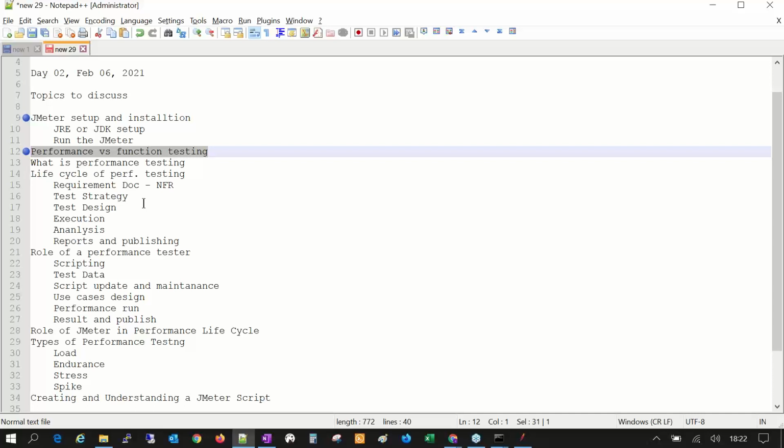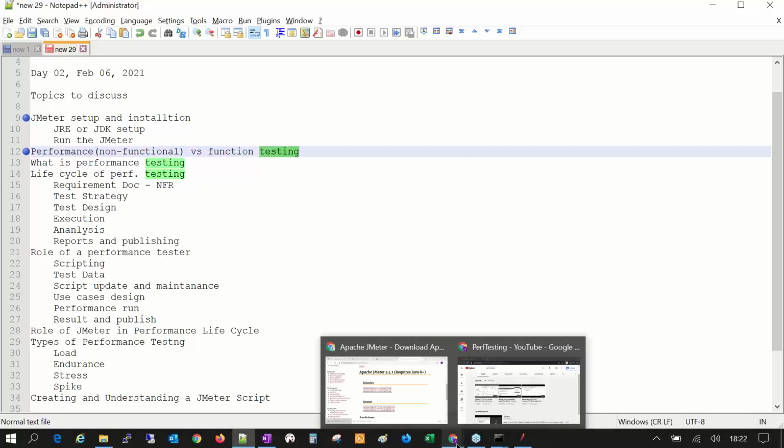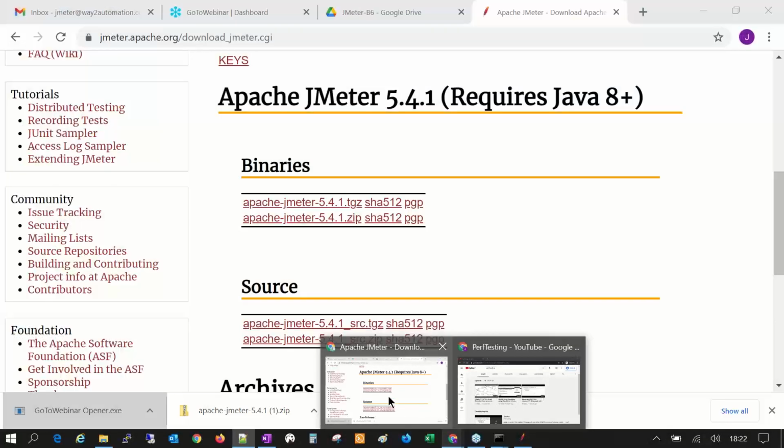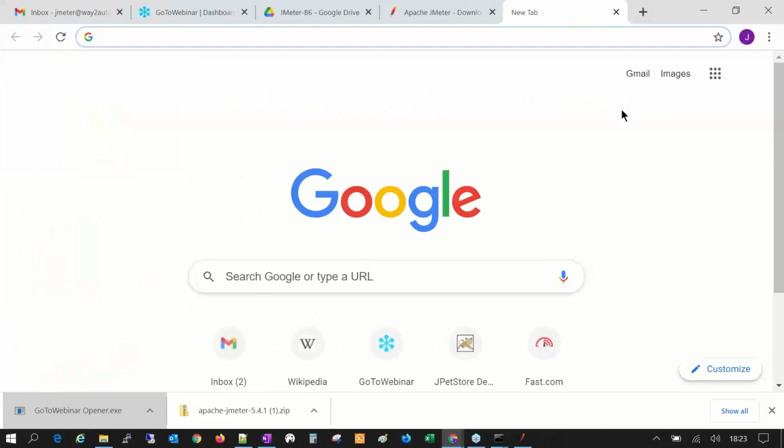All right, so one of the important aspects to understand is what performance testing actually is and how it is different from functional testing. Do remember that performance testing is actually called non-functional, right? Because it's not functional. So let's understand the functional first, and once we are clear about functional testing, we can easily describe non-functional testing. So what functional testing is, if there is an application, let me take an example of